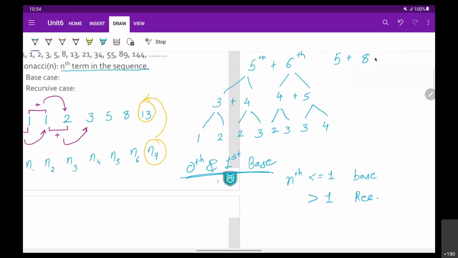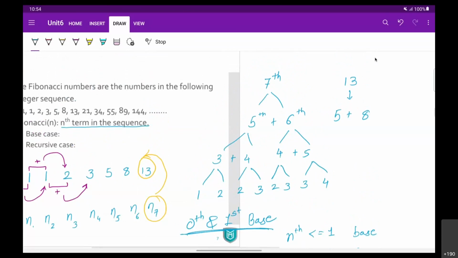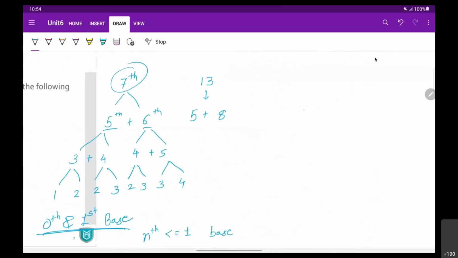Okay. So that's how we found it. So what we have to do is seventh के लिए हमें fifth and sixth find करने जाना पड़ेगा. Now how to find it? So to find the nth term हमें कैसे मिलेगी? n-1 and n-2 टर्म को ऐड करने से मिलेगी.